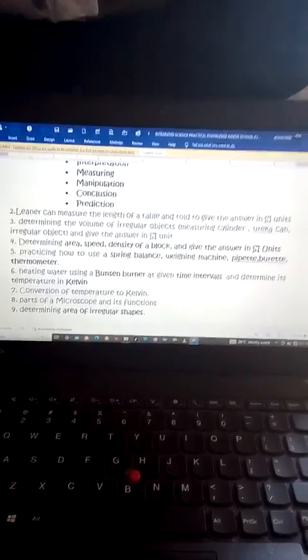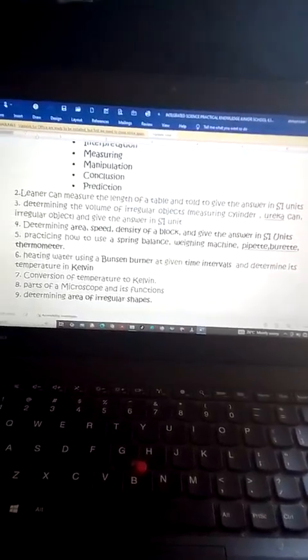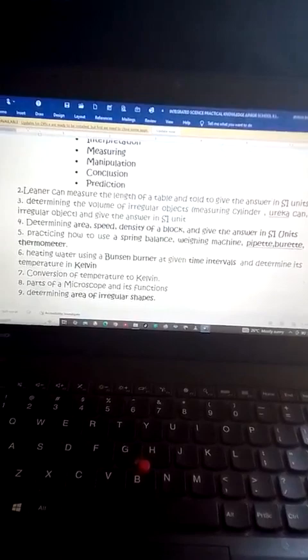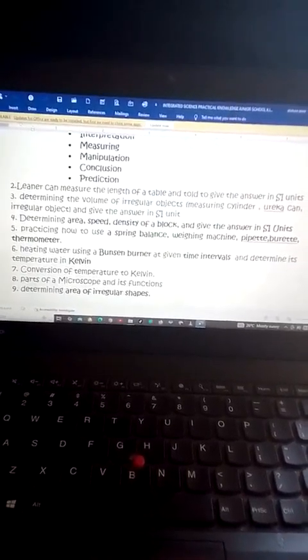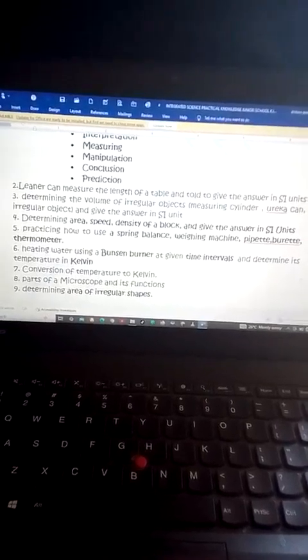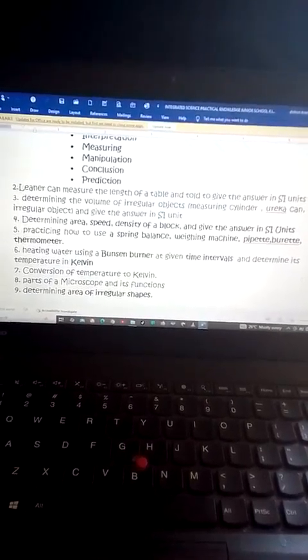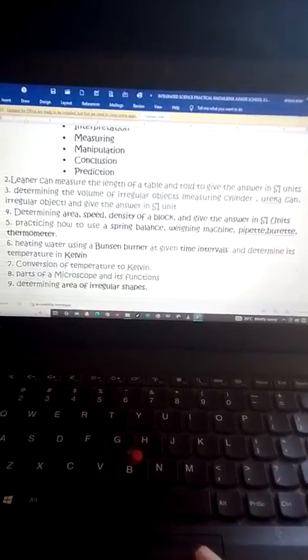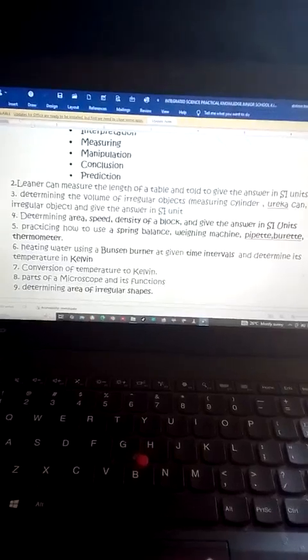So let us proceed. We are looking at grade 7 work about the integrated science practical knowledge. Again, a learner can be told to use a Bunsen burner at given time intervals and determine its temperature in Kelvin. So to convert the temperature to Kelvin,